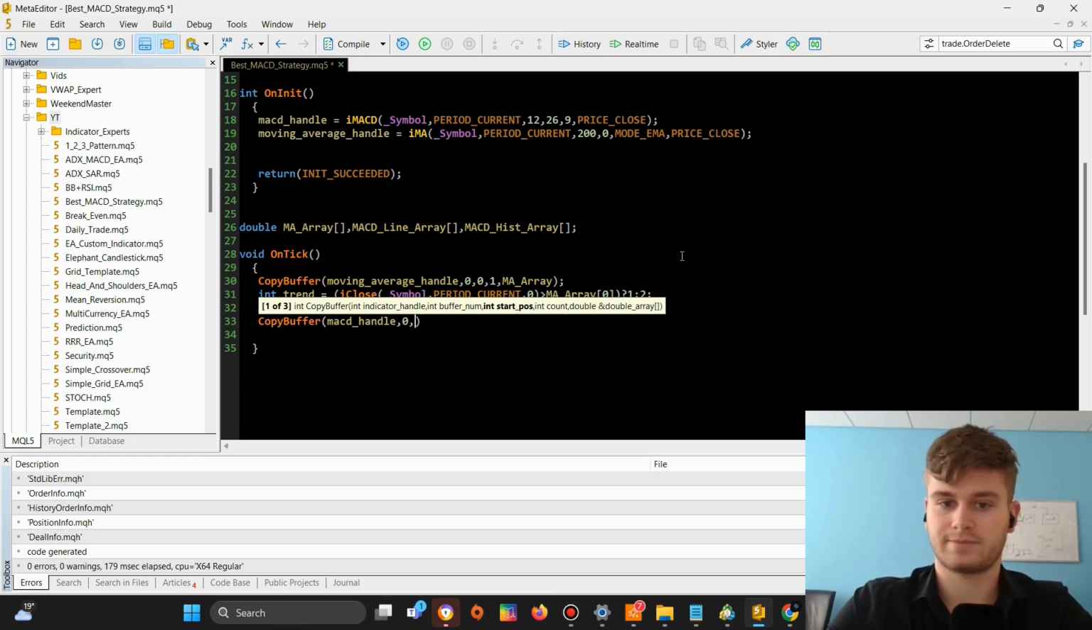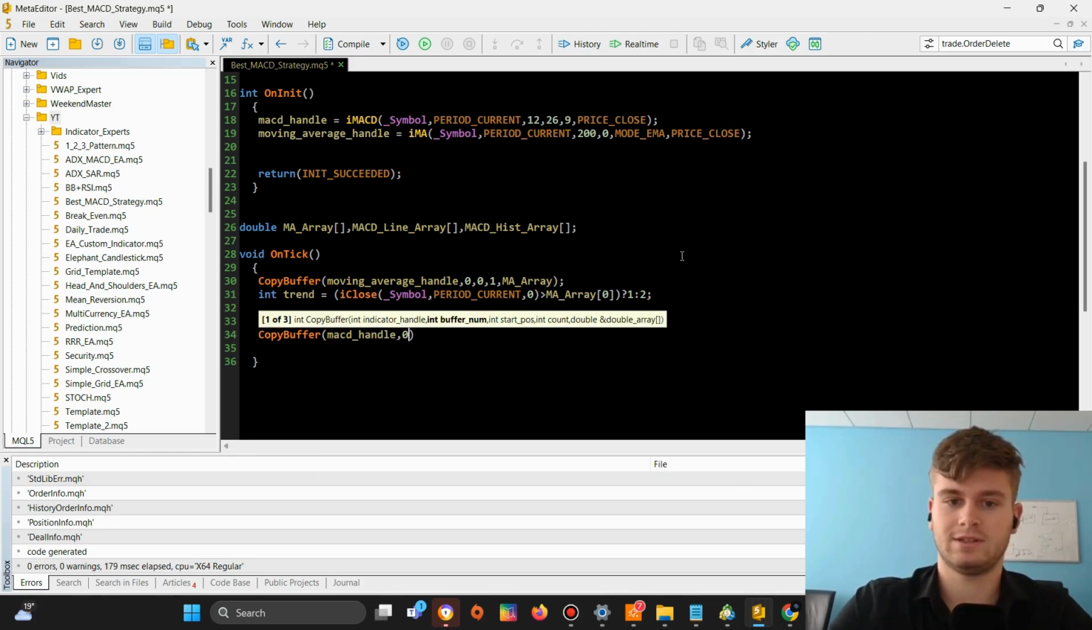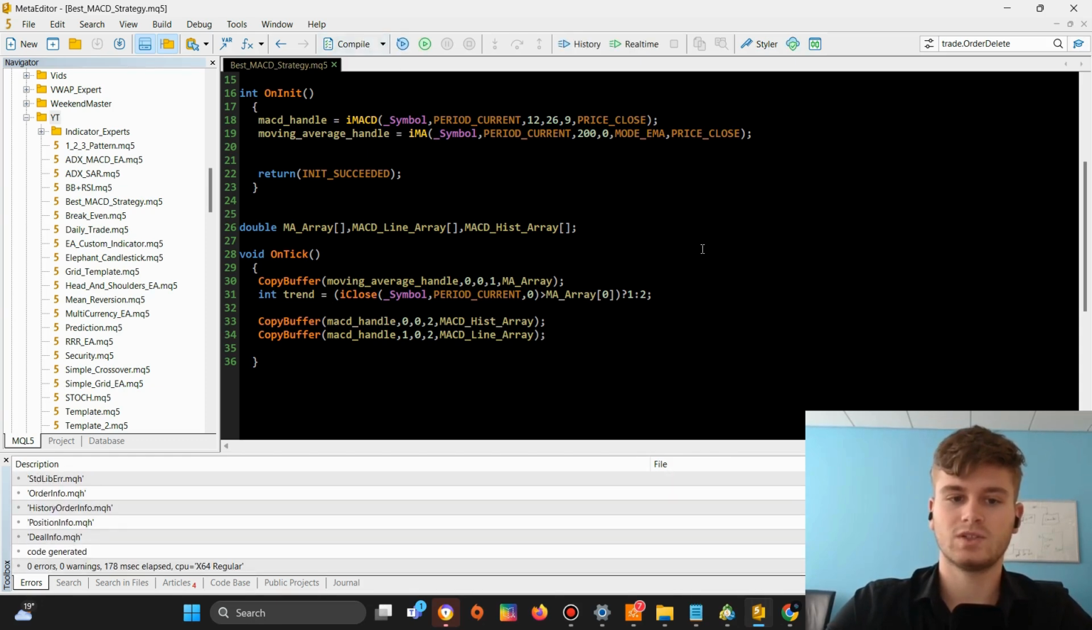to look up later. So starting position 0, and now you want 2 values, because when we are looking for a crossover for indicators, we need 2 values, the previous and the current, so we can check the state of those values. Okay, and we will store this to, let's go with MACD histogram array. We can change that later. So 0, 1, 0, 2, and this will be for MACD line array. Okay, so